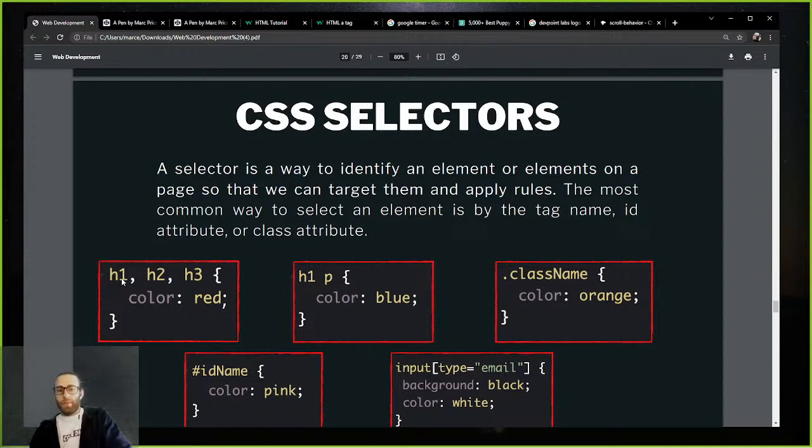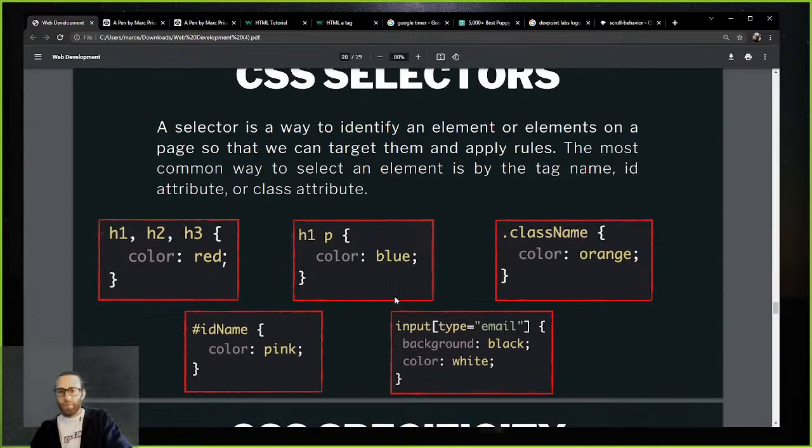With the comma, it's saying, hey, H1 tags, H2 tags, H3 tags. This one is being specific, saying, hey, grab all P tags that are nested or live inside my H1 tags and give them a color blue. If you want to grab the element by its class name, you use the dot notation. So you say dot the class name of whatever you gave that element, and then you can apply the colors